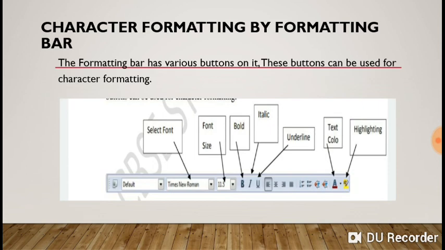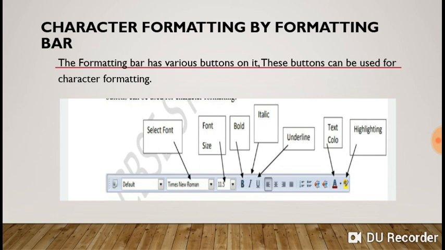As in the starting, we discussed that we can set character formatting from different locations. We have discussed the format menu, and now we will discuss that we can also set the character formatting from the formatting bar. Yes, you can see in the diagram, the formatting bar is given and all the options for formatting are also listed on the formatting bar in the form of icons.